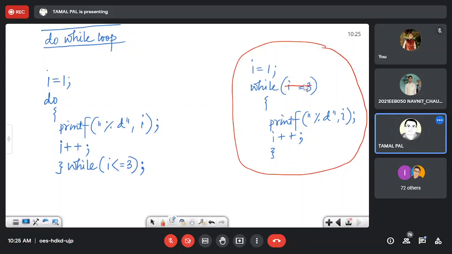That is a problem. I greater than equal to 3, then it is always false. I am not expecting any output from here.